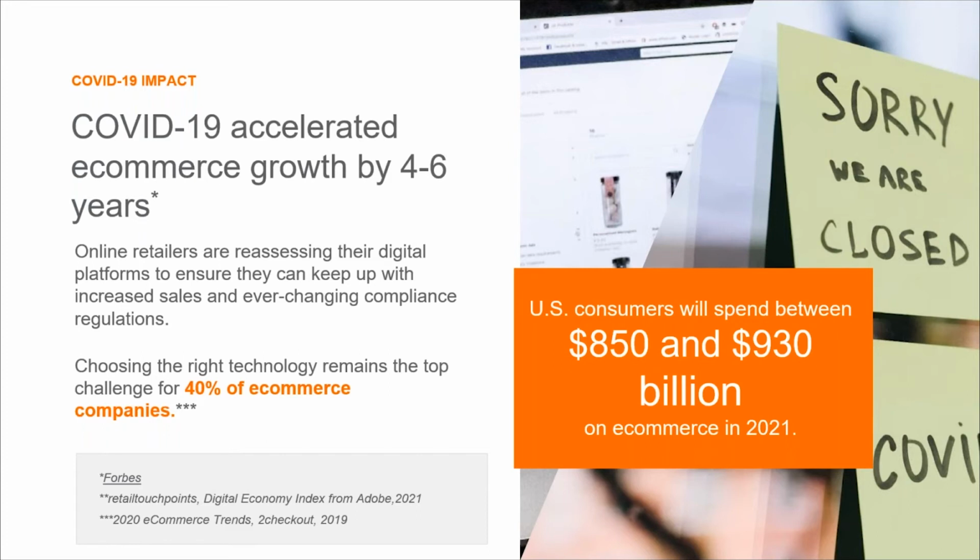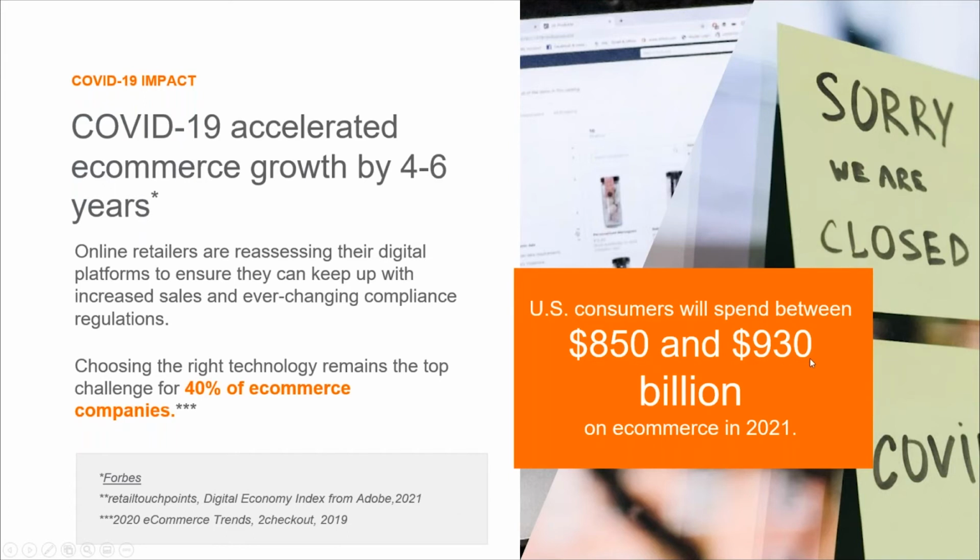So online retailers are reassessing their digital platforms. Online retailers really need to step up the game in order to compete effectively in this new digital marketplace. So choosing the right technology is going to be very important to everybody in this business. And it's a top challenge for 40% of the e-commerce companies.